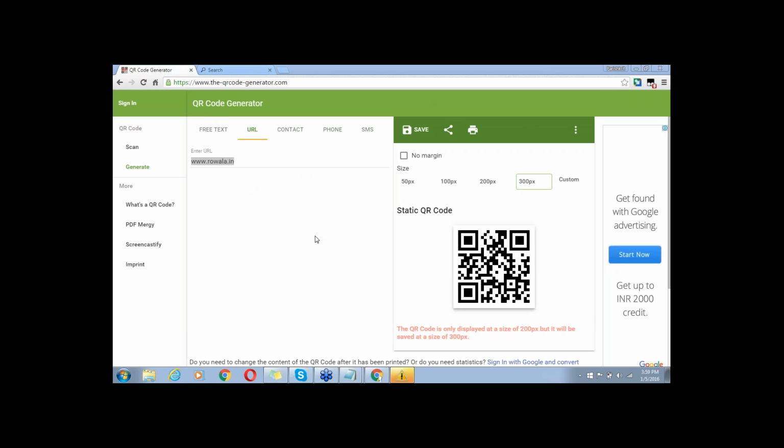In the same way, if you embed this code on your different marketing channels, you can save this code and share it or embed it in different marketing channels: on your CV, visiting card, mobile, newspaper advertisement, holdings, magazines, print media, anywhere you embed it. If people use a scanner to scan the code, they can reach your website, or they can see your free message, your contact details, your phone number, or they will get automated messages. That way you can respond to them very quickly.